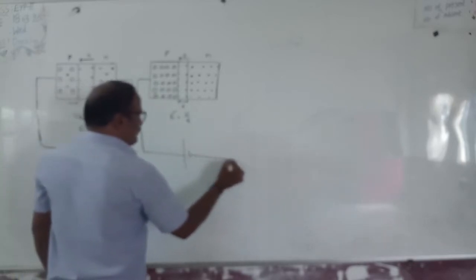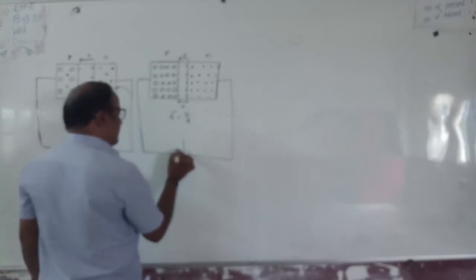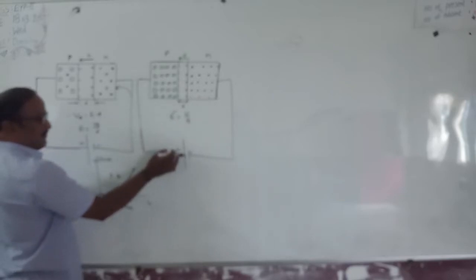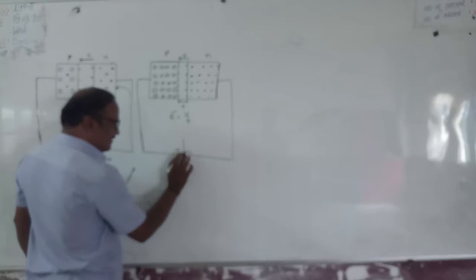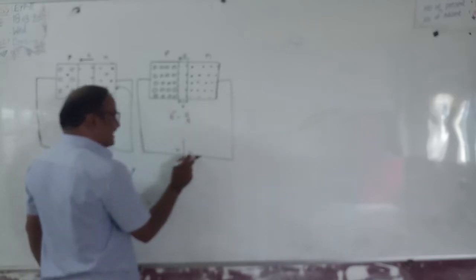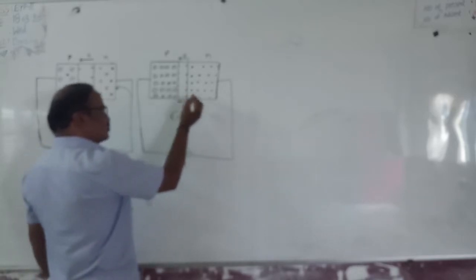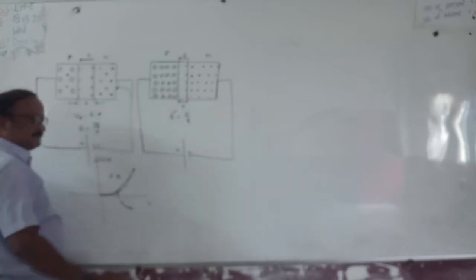In the same way, this highly doped PN junction diode is also connected such that p-type is connected to the positive polarity and n-type is connected to the negative polarity like this. Here also, these holes are strongly repelled from the positive polarity. They tend to move towards the n side. At the same time, electrons are also strongly repelled from the negative polarity. That's why they also tend to move from the n side to the p side.